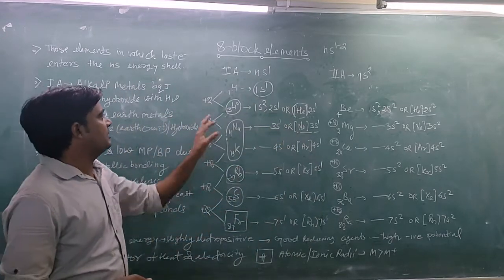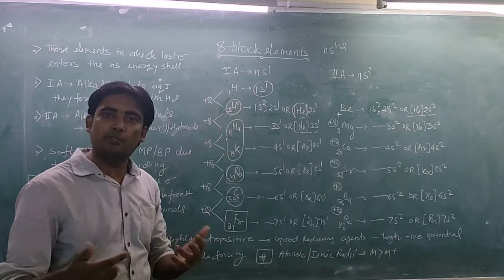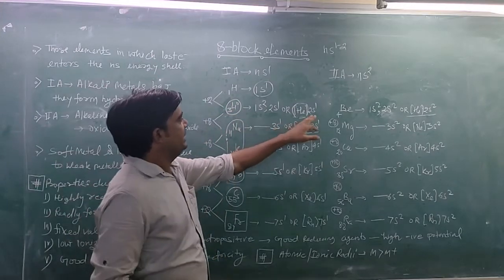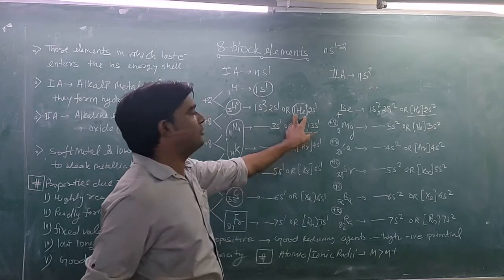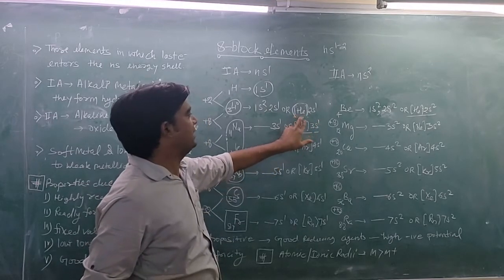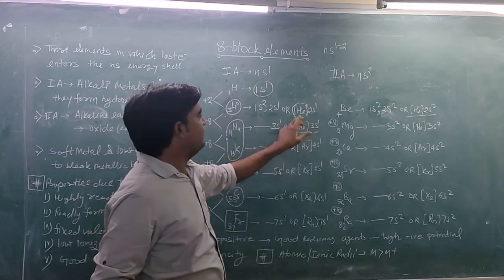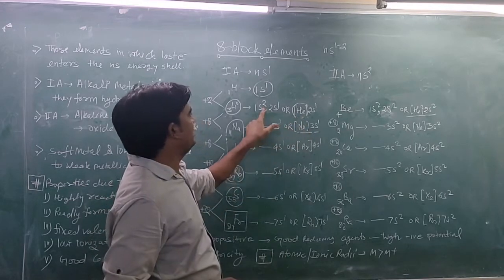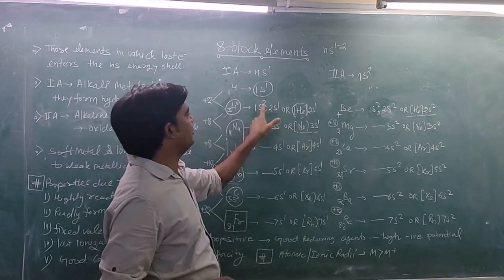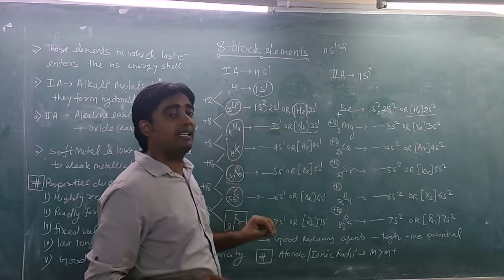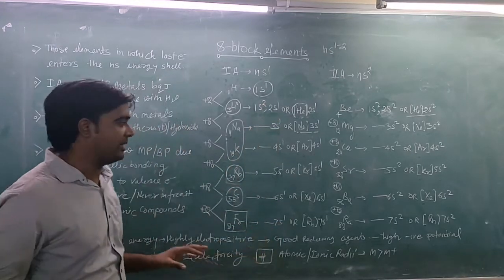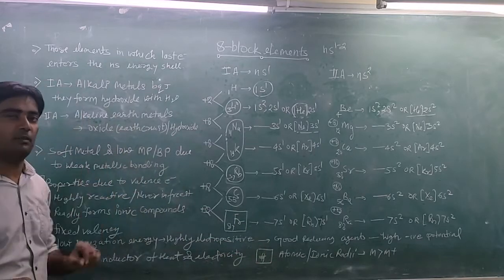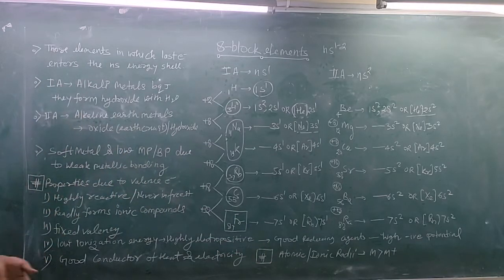Lithium can't show plus two valency, because if it removes one electron, then it gets the stable electronic configuration, that is the first inert gas electronic configuration. If it removes two electrons, it would have to remove one electron from the inner s orbital, which is very atypical, because the inert gas electronic configuration exists after removal of one electron from lithium. So these readily form ionic compounds.